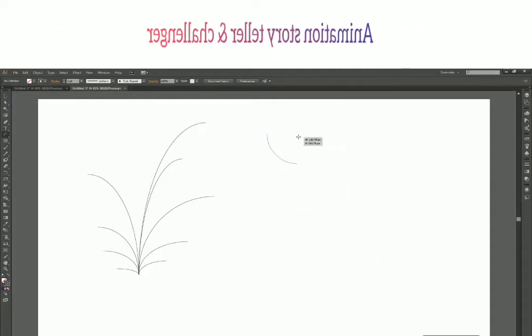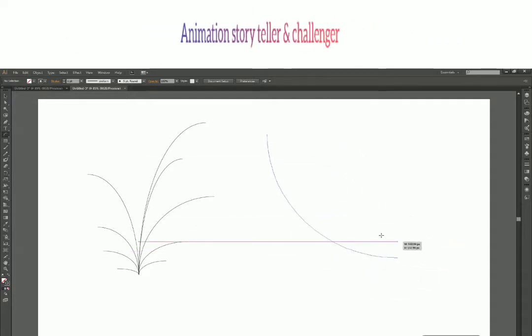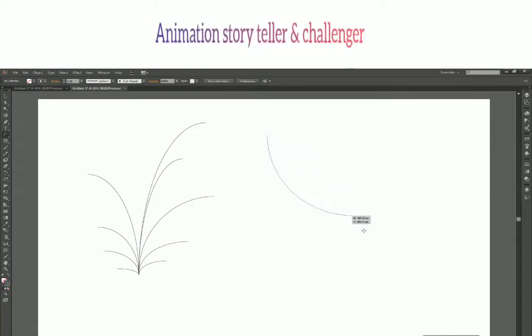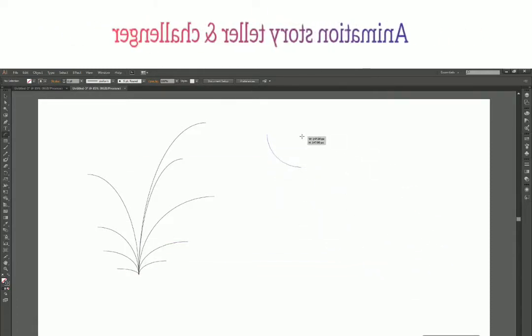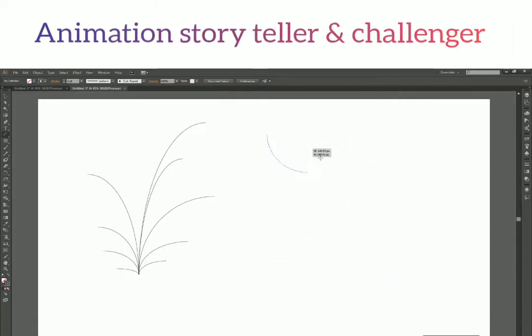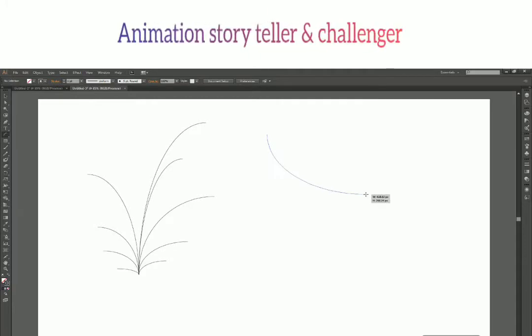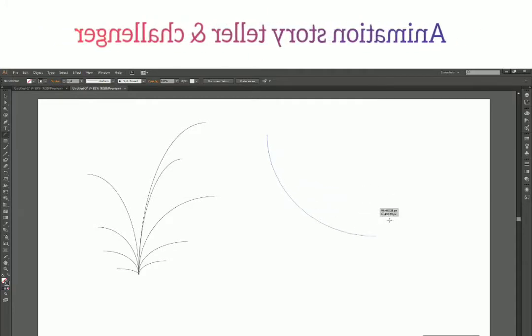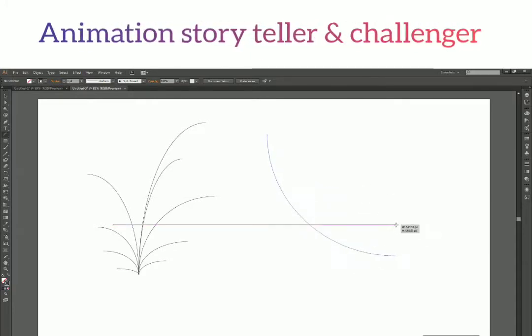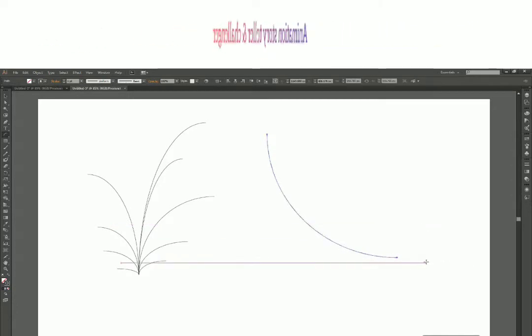So you cannot change the shape of the arc now. You can just change the size now. While holding the shift, if you do this, you can only change the size. But when you release the shift, you can see I can actually change the shape of the whole arc. So it depends on you. If you want a perfect circular arc, you can hold the shift and release your mouse and release your shift key to create the arc.